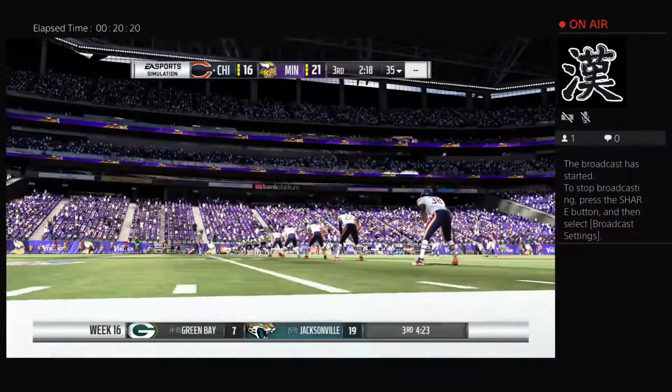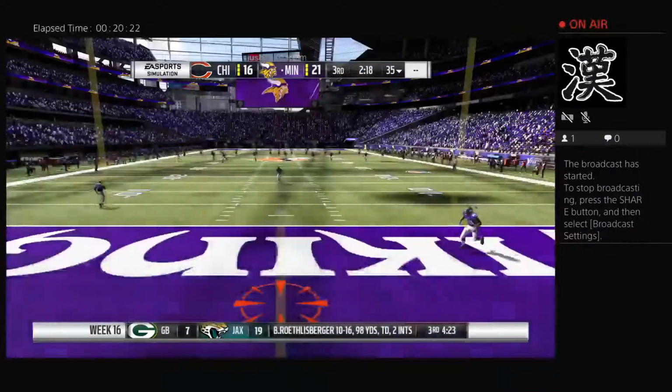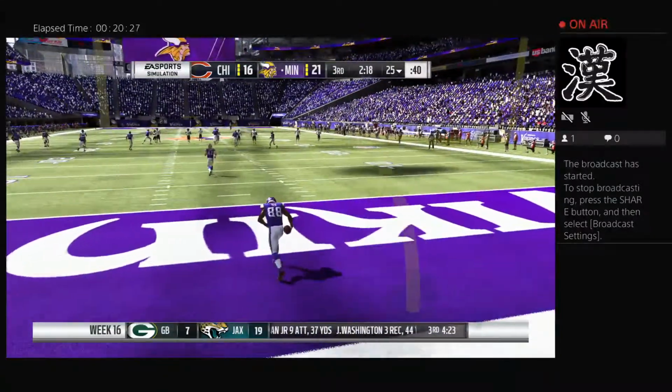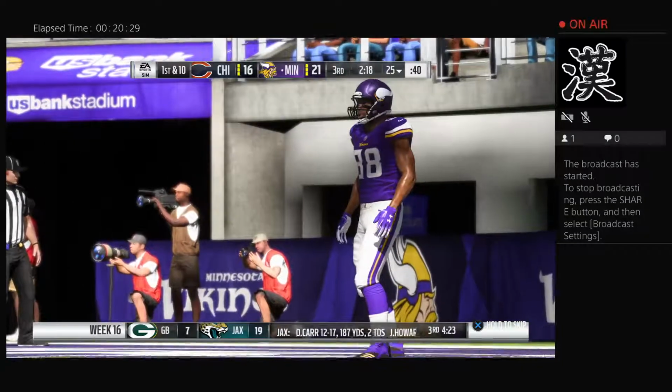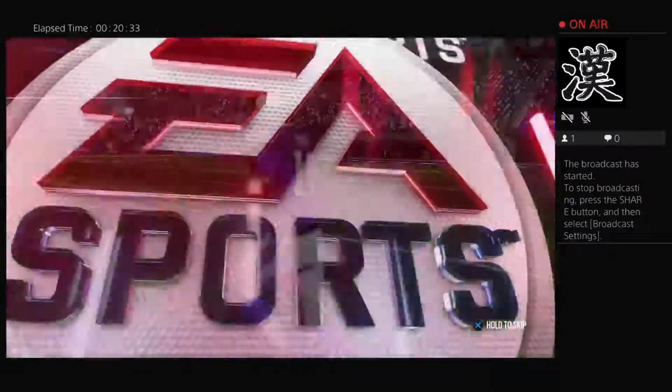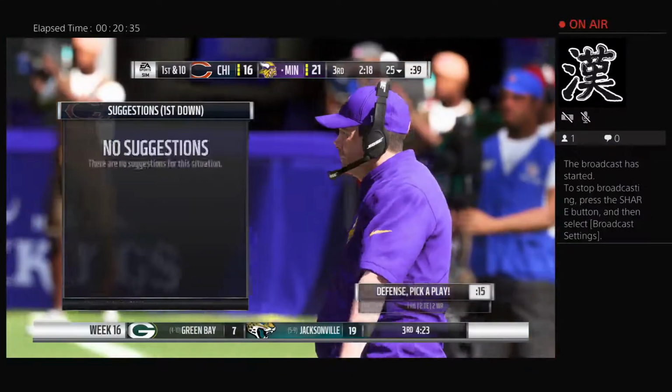Lutz now to kick this one away. This will be taken to the back of the end zone. And no run back here. This will be a touchback, and it comes out to the 25-yard line. So Jared Goff, he is the focus of our...